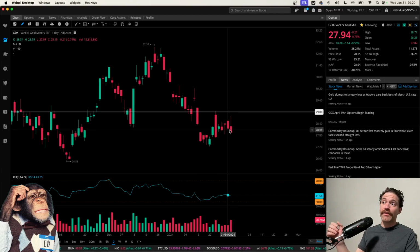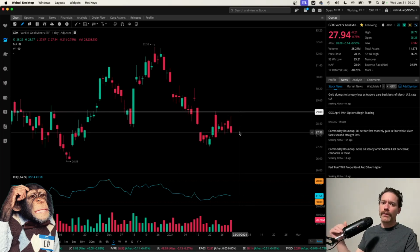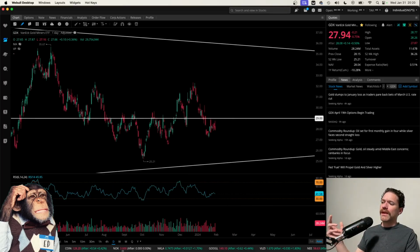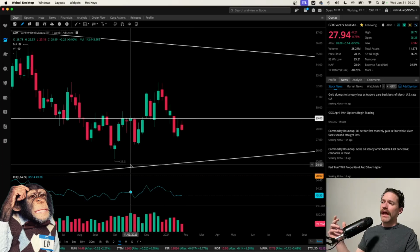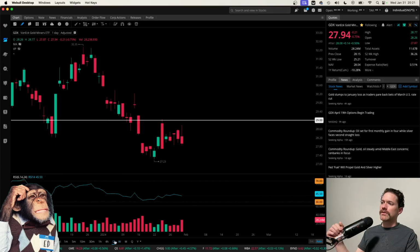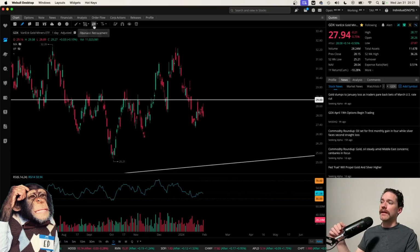I do think that there might be another test at $29, but I suspect that it's not going to be able to break above that level. I think it will be rejected and that we will continue down. To go over some things that I see in the chart, I'm going to do a Fibonacci retracement on the daily time frame, from this low of